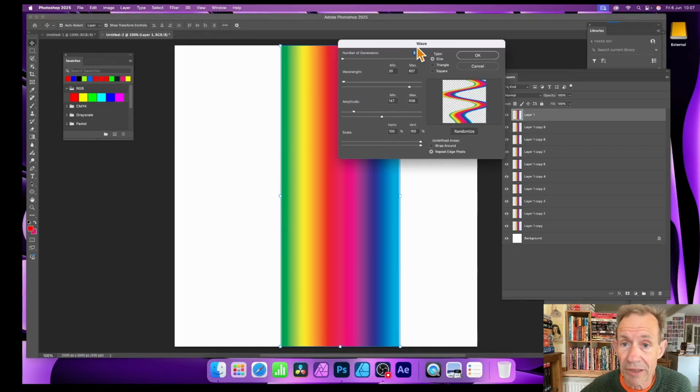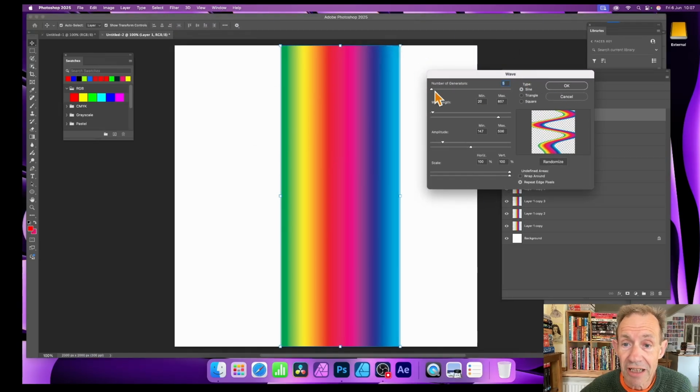Wave is one of those filters that's got at least a bit of variation. I'm just going to put that down to 1. I think when you push it up too much, it makes a bit of a mess. Depends, of course, you might want to achieve that. You might want to create it all over the place. But put it to 1, it's a more controlled effect. You can then modify the wavelength and the range. And you can see this is the thing, amplitude there, a min and max.